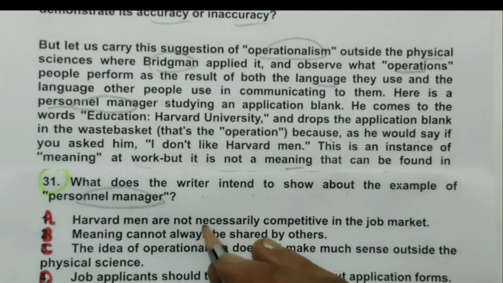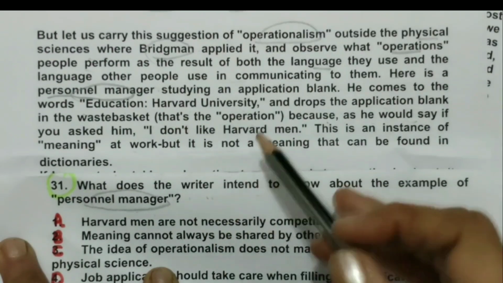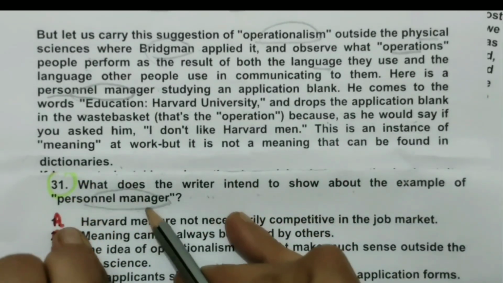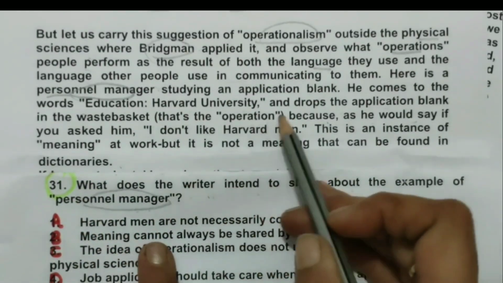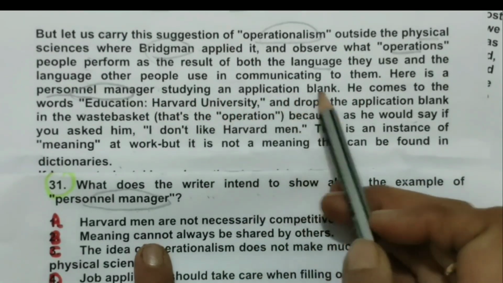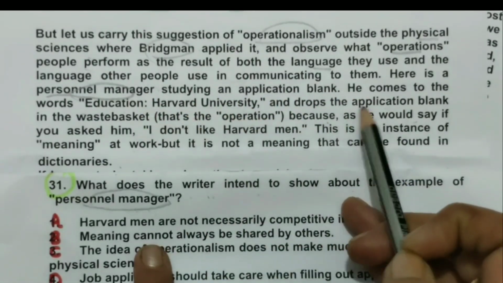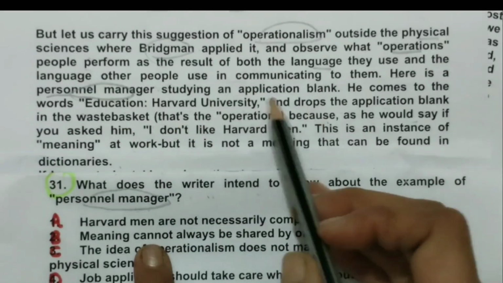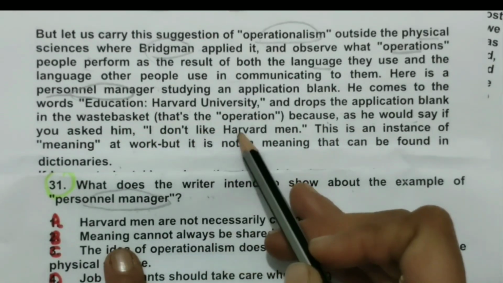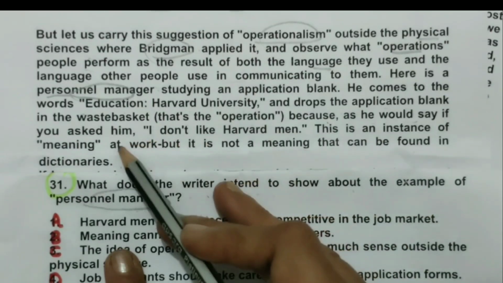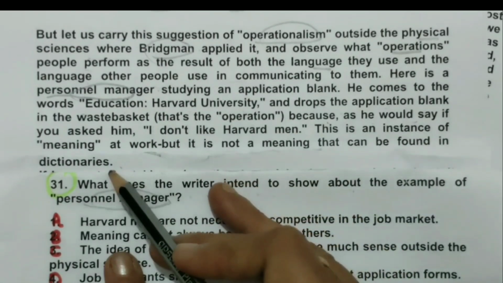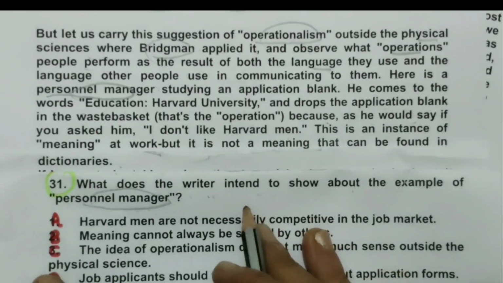Okay, let's read another part. This is the location of this paragraph, and this word was left for this paragraph. So why had he given this example? He comes studying an application blank, he drops the application blank in the waste basket, because as he would say, if you asked him, I don't like Harvard man, this is an instance of meaning at work, but it is not meaning that can be found in dictionaries. Okay, so